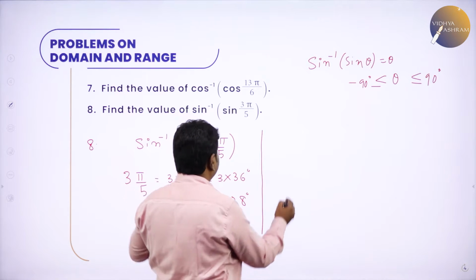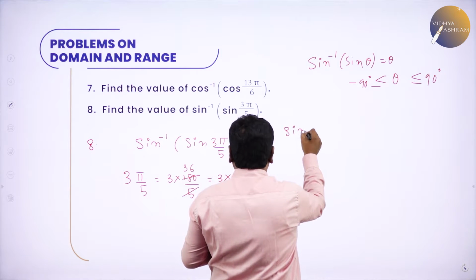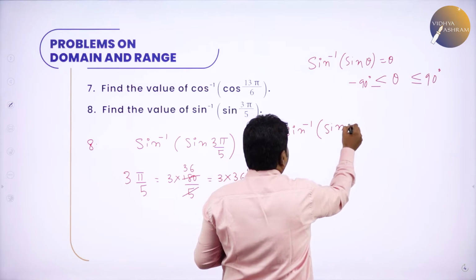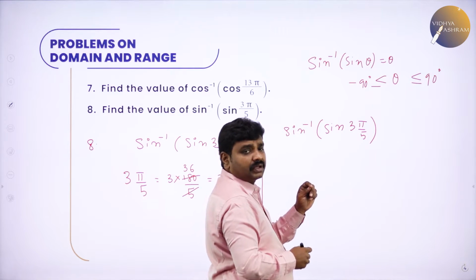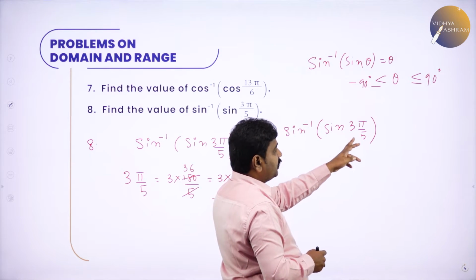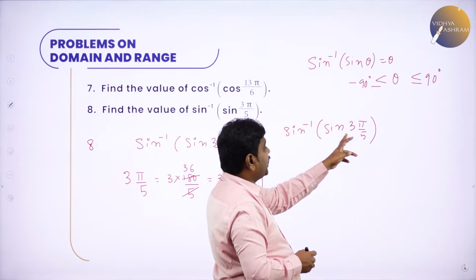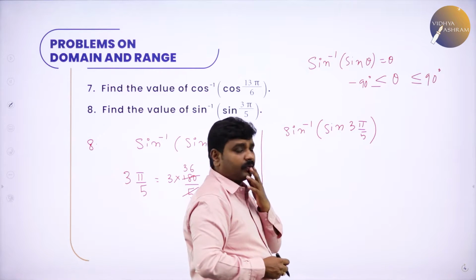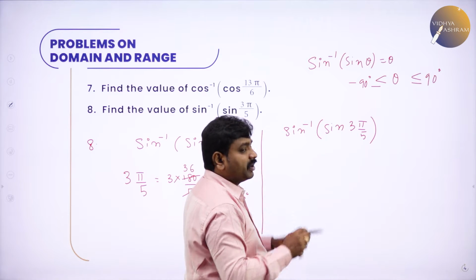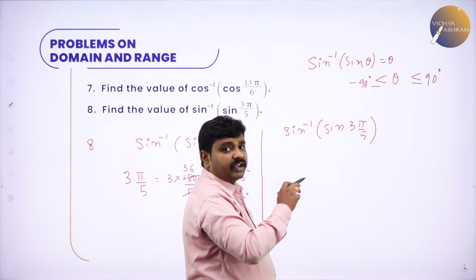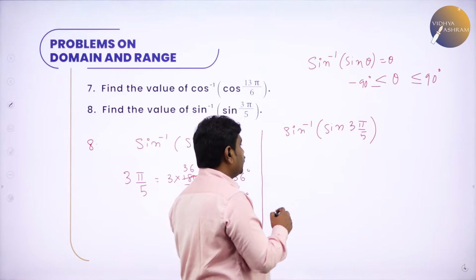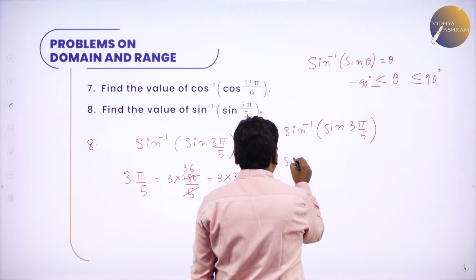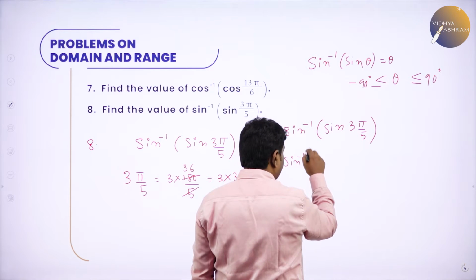Now the decision is I have to simplify sin inverse of sine of 3 pi by 5. You can write it in terms of pi by 5 form, pi minus or pi plus form. So pi by 5, if I write 5 pi minus 2 pi, 5 minus 3 gives you 2. Or directly you can write it in terms of the angle 108 degrees.